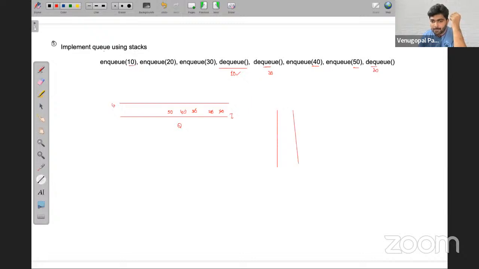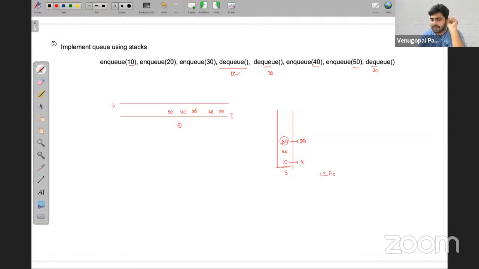If I take only one simple stack, let's say this. Now first I'm going to NQ, considering it as a normal push: 10, then 20, then 30. Now if I call DQ as a normal pop, it gives output as 30. But that is not what I am expecting. I am expecting 10. But can I get 10? No, it is not possible, friends. You cannot get this value 10 because a stack works in LIFO order, last in first out. Whichever element is on top of the stack, only for that element do you have access. This element you can't access.